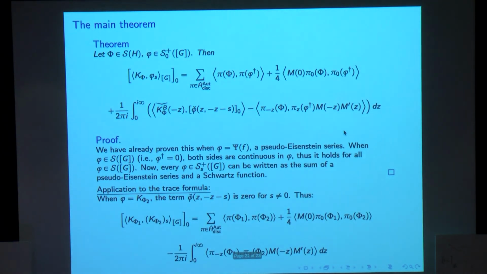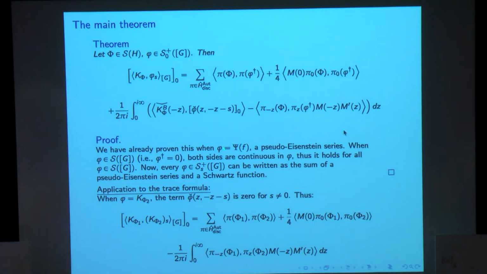So to sum up, the main theorem is that if I want to compute the inner product of a kernel function with the deformation of an asymptotically finite function on brackets G, then I have a formula, and this formula includes the automorphic discrete spectrum, this discrete term coming from the continuous spectrum, which came from the inner product of this with the anti-diagonal term,